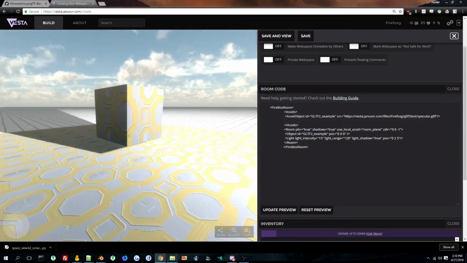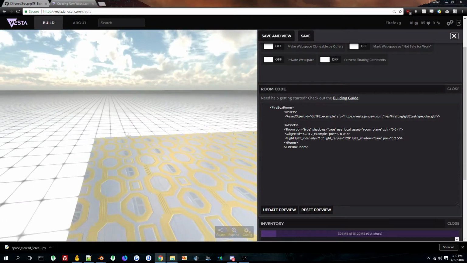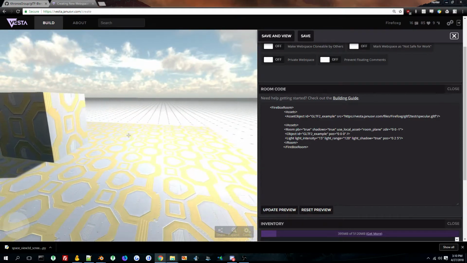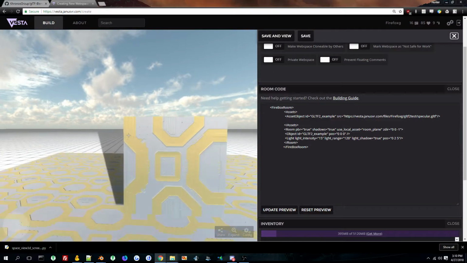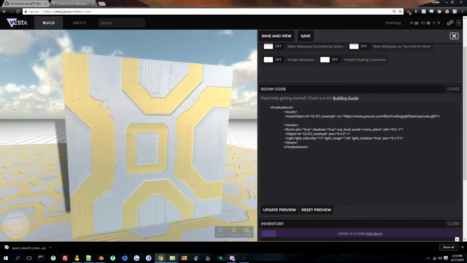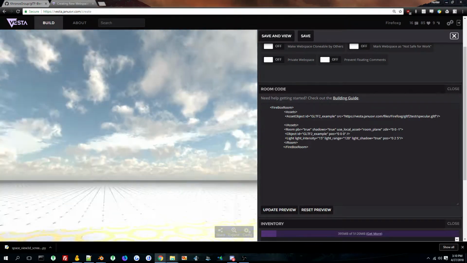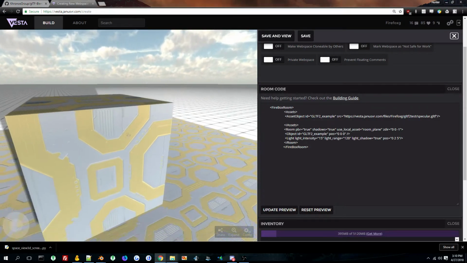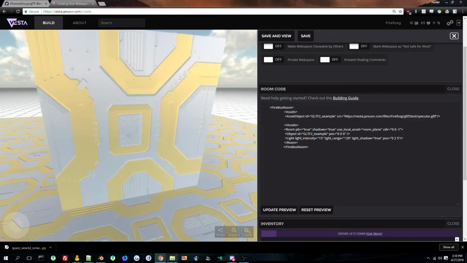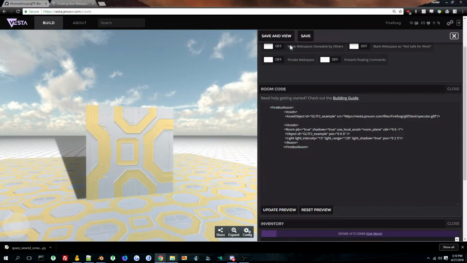If you use a better skybox image for the light, it'll actually reflect this a lot better. This will be a lot more shiny, because the default skyboxes don't really work all that great for doing this. But anyway, what you would do here is